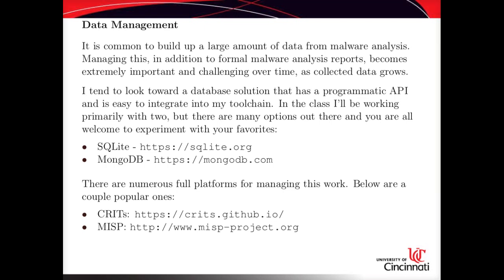So you're going to end up collecting all these little data points, and you're not just going to want to have them sitting in text files or sitting in spreadsheets and that type of thing. So what I usually try and do is I try and balance the ease of use and ease of deployment with flexibility. So the first two that are listed up here is actually SQLite, which many of you may be familiar with,